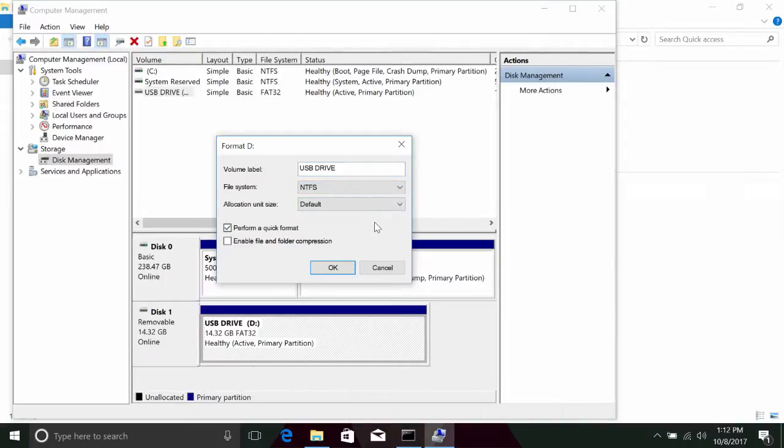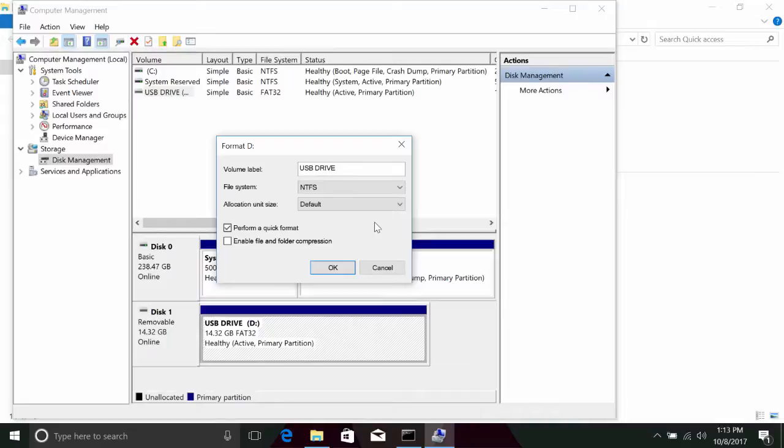That's pretty straightforward, but there are also some other options that might not be so clear. Like, what's that allocation unit size thing? Well, the allocation unit size is the block size that will be used when you format the partition in NTFS. In other words, this is the size of the chunks that the partition will be chopped into. Data that needs to be saved will spread out across those chunks. This means that if you store lots of small files, you'll waste less space with small block sizes. If you store large files, larger block sizes will mean you'll need to read fewer blocks to assemble the file. We'll pick the default, which is fine in most cases.